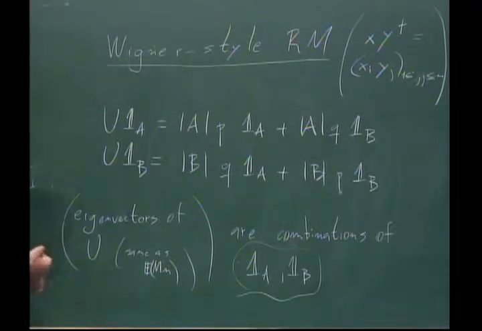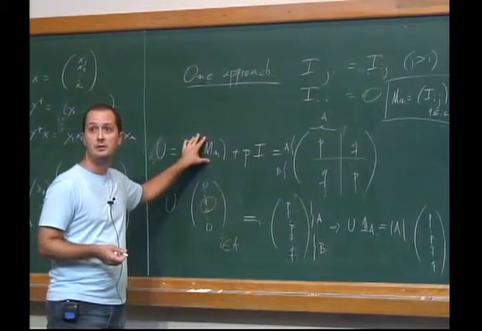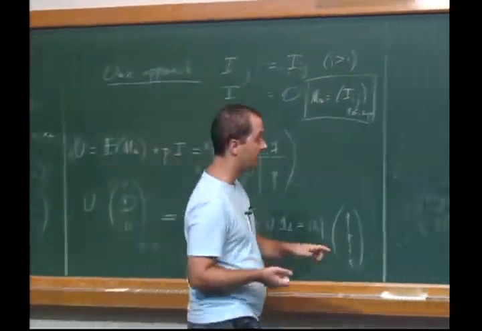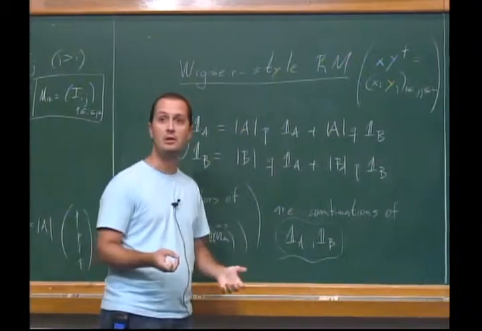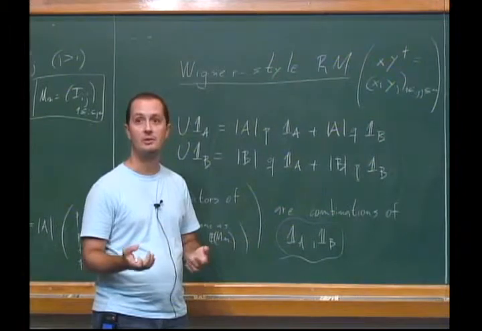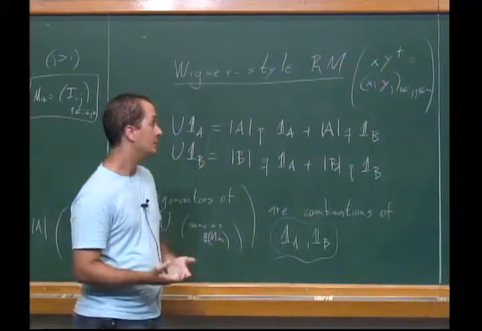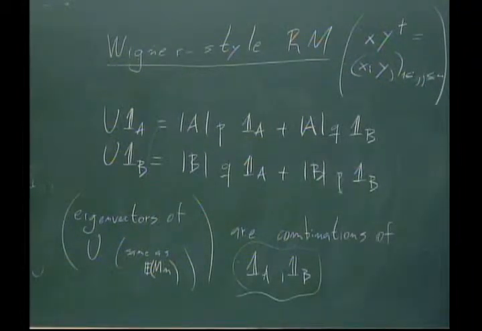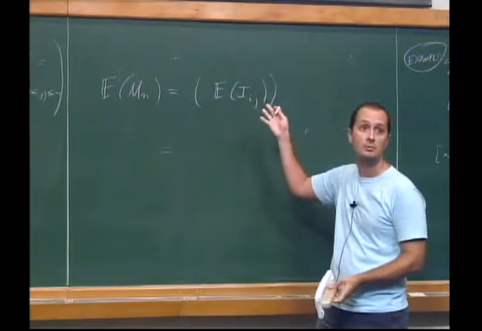So it means essentially this. If we're given the matrix U, or essentially if we're given the matrix expectation of Mn, we can infer the indicator of A and the indicator of B, which are the things we want, right? The two sets. We can get that from the spectral decomposition of the matrix. But now comes the problem. That's the kind of problem we want to take a look at here. Remember, this is all assuming that we know what the expectation is, and we don't know that in principle, right?